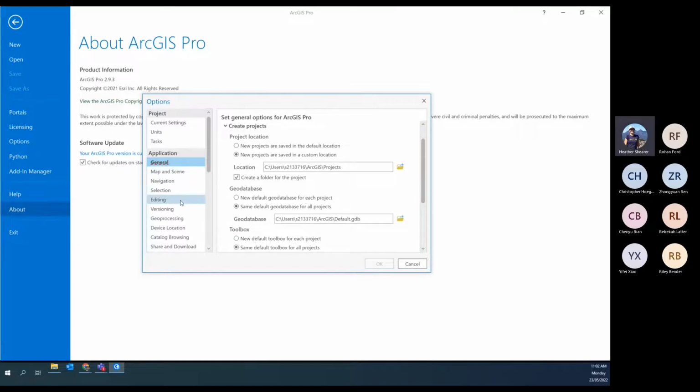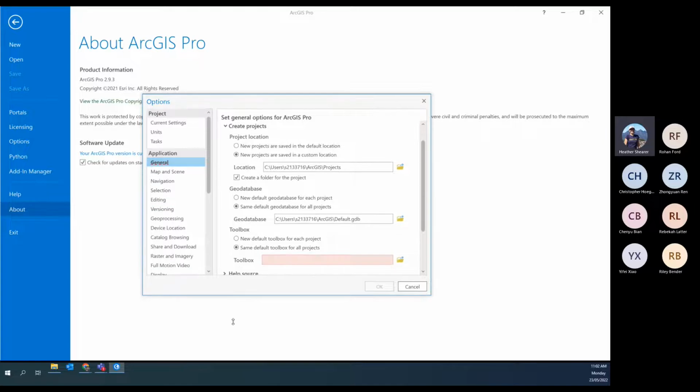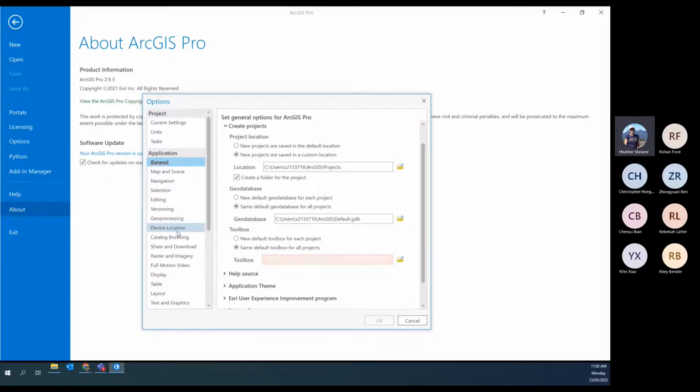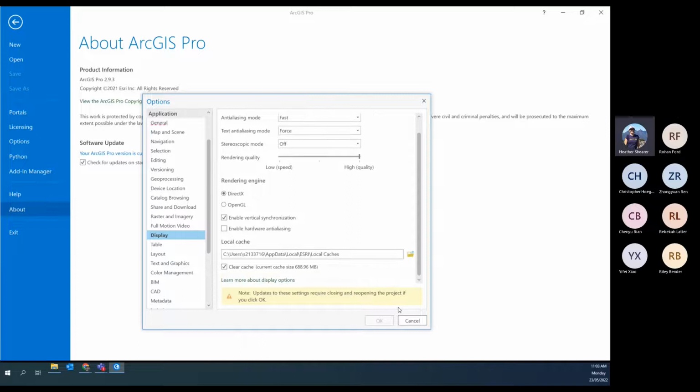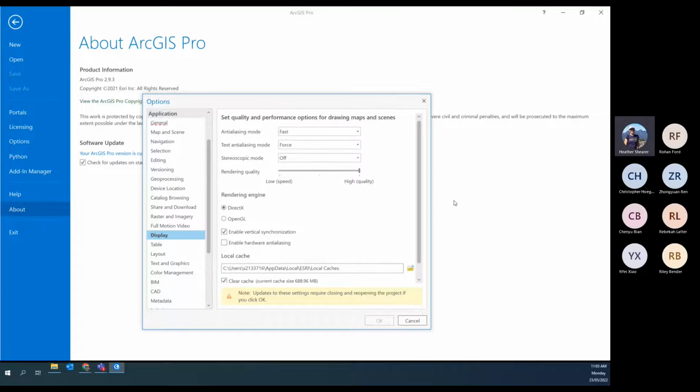But one thing that's really useful, which I only just discovered the other day, is if you go right down the bottom to display, there's various things. Don't fiddle around with too much of this stuff unless you know what you're doing. But you can scroll down to display and you can see that there's a cache. If you clear the cache, when you go OK,